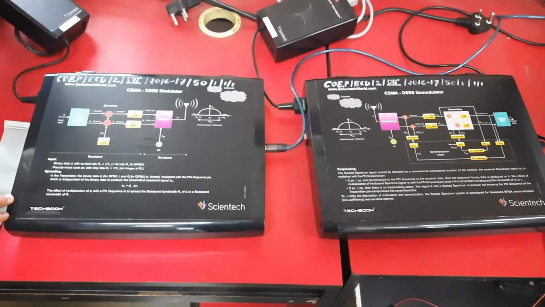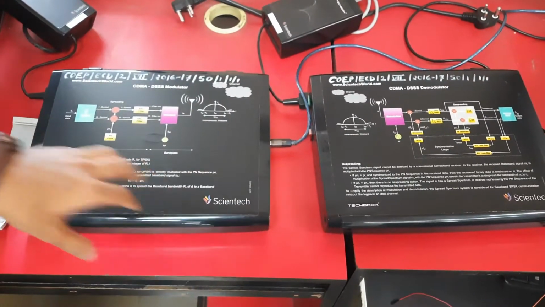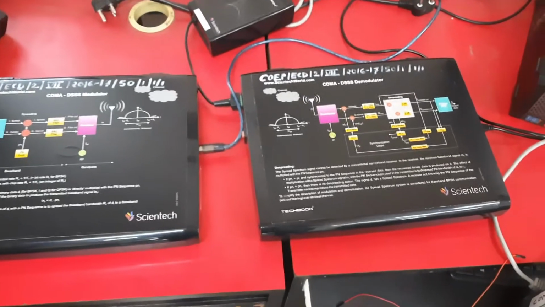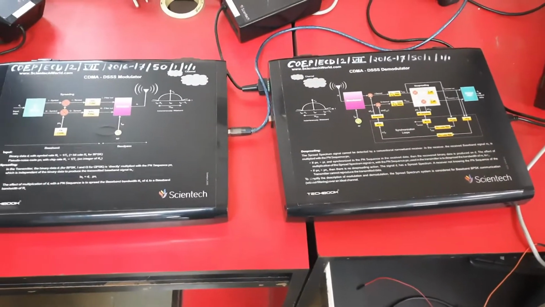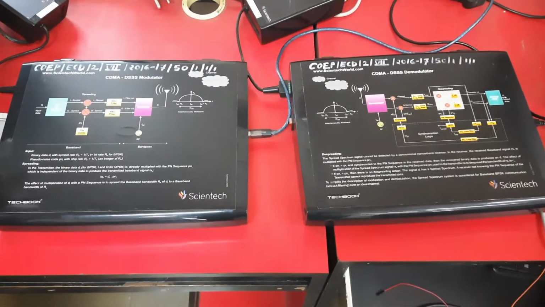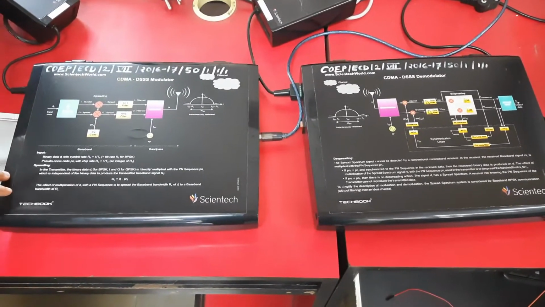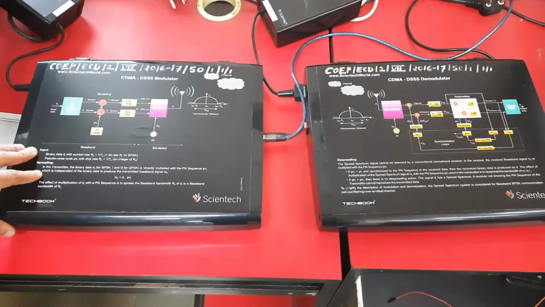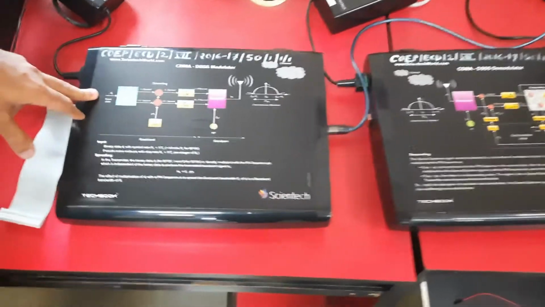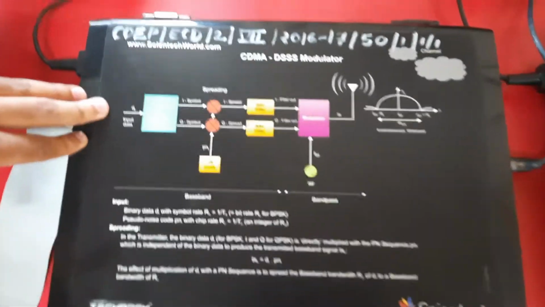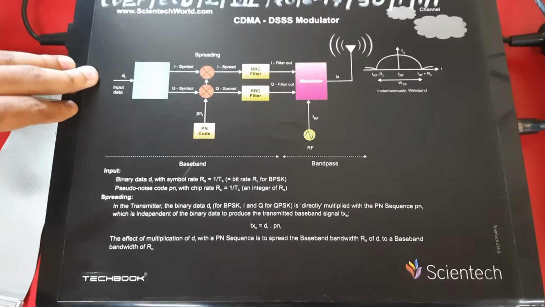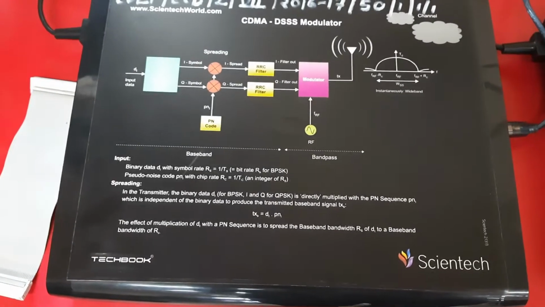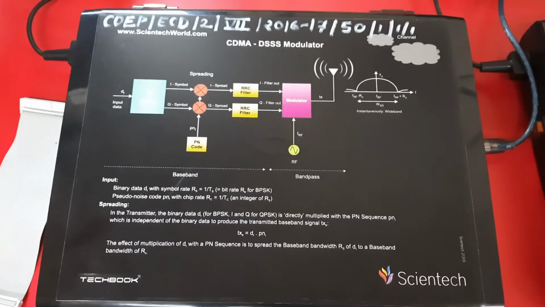For performing this practical, we need a transmitter and a receiver. To configure this transmitter and receiver, we need one software called CDMA DSSS modulator. We'll see it at a later stage, and one DSO for seeing and performing the different test points and observing the different patterns and waveforms. So this is actually our kit. You can see here the block diagram for the modulator, as we have already studied the DSSS modulator in our subject. So this is the actual block diagram. Before going to the actual experiment, I will tell you some things about this kit.